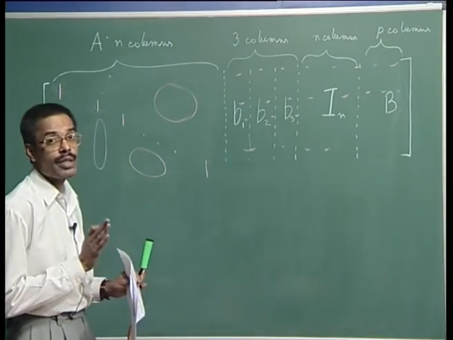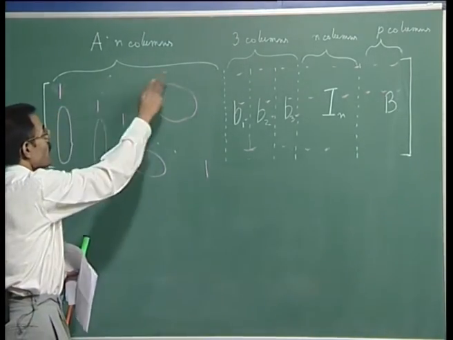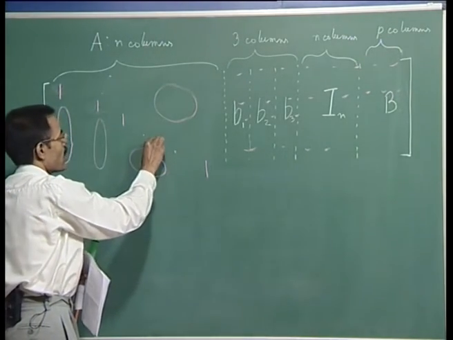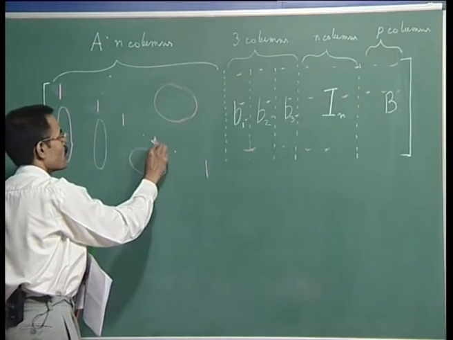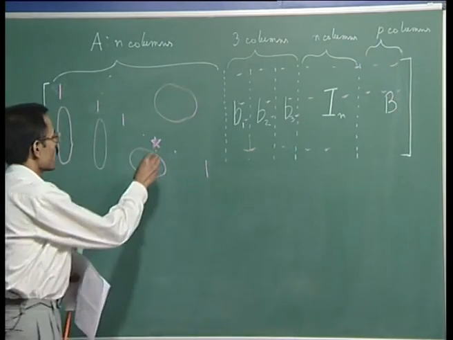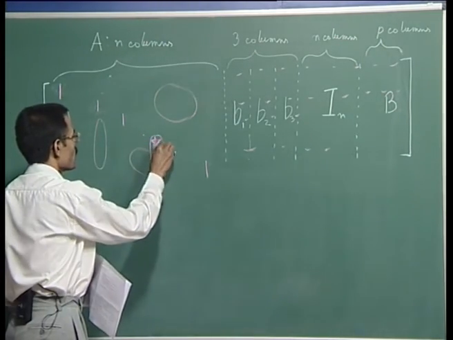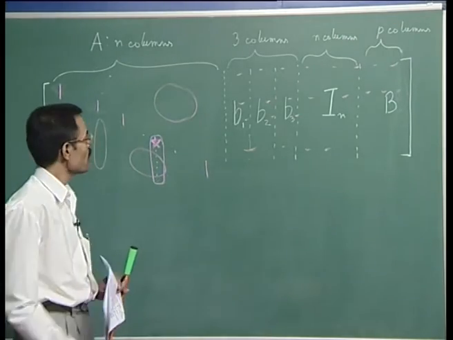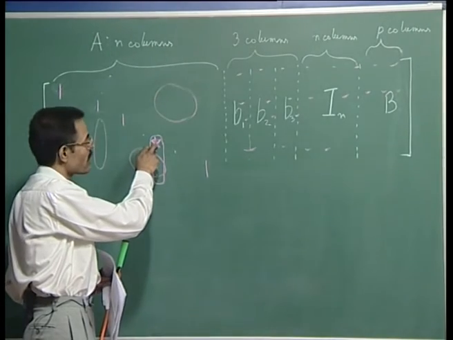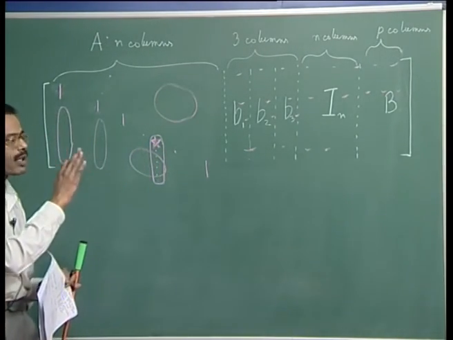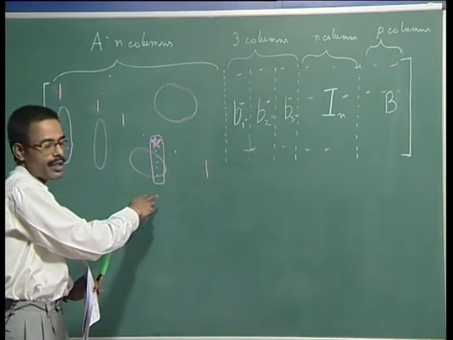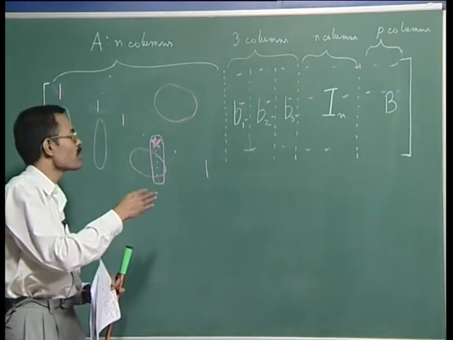What will happen if the matrix is singular? In that case, in this n by n matrix, as we proceed and we find that while pivoting we are sitting at a diagonal entry which is 0, and below that everything else is also 0. In that case, we will find that from here to here, if this whole thing is 0, then we will not be able to pivot and we will not be able to get a non-zero entry with which we can divide, and that will be the flag for us to decide that this is a singular matrix, and at that stage we can decide what we are supposed to do.